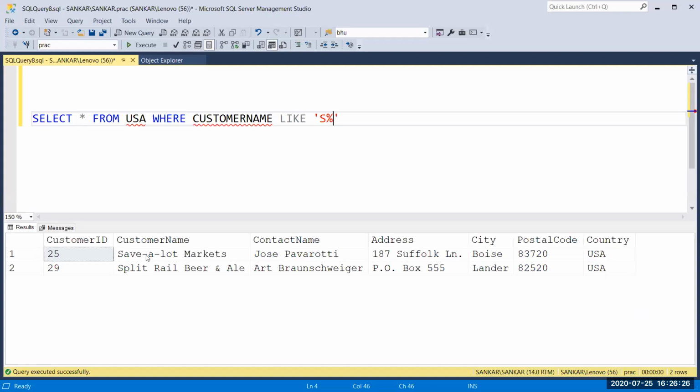So now you can see here we have only two rows, and it only returns the value based on the query which we have stored in our view.